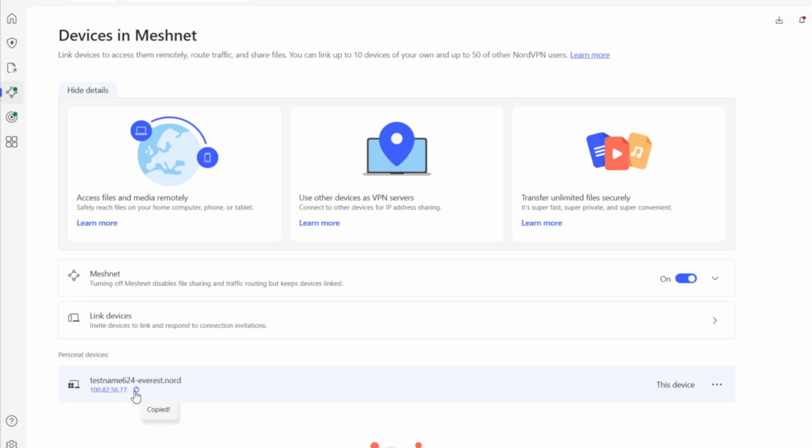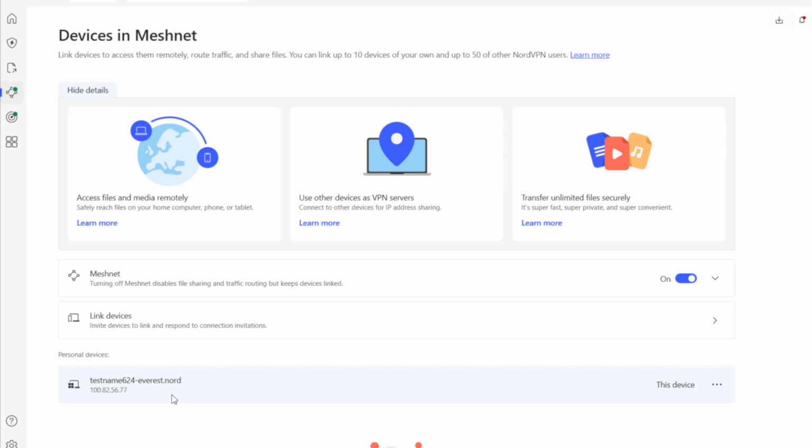Now switch to your phone. Open the NordVPN app there as well. Tap the Settings icon, usually the little gear in the corner. From there, go to Connection and Security or a similarly named section depending on your app version. Look for an option called Use Custom DNS and toggle it on. When the DNS field appears, paste in the Meshnet IP address you just copied from your AdGuard Home device. That's it. You've told your phone to send DNS queries to your AdGuard Home over Meshnet instead of using the